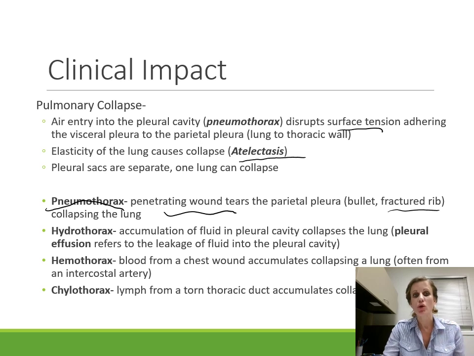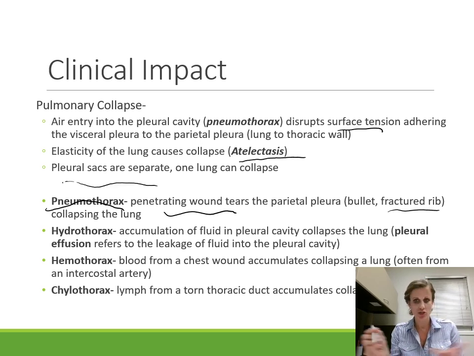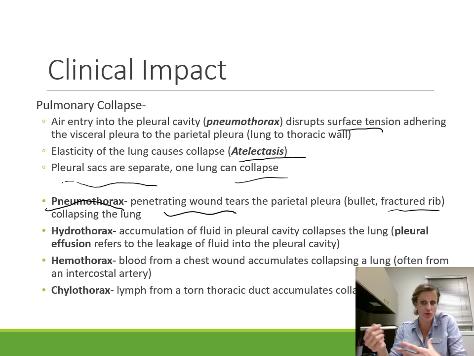Really quick, just remember that the pleural sacs are separate. They're not interconnected with each other, so one lung can collapse without affecting the other. You can have a pneumothorax on the right side or on the left side, and the other lung is still working appropriately. So a pneumothorax occurs when there's a penetrating wound and air in the pleural cavity collapses